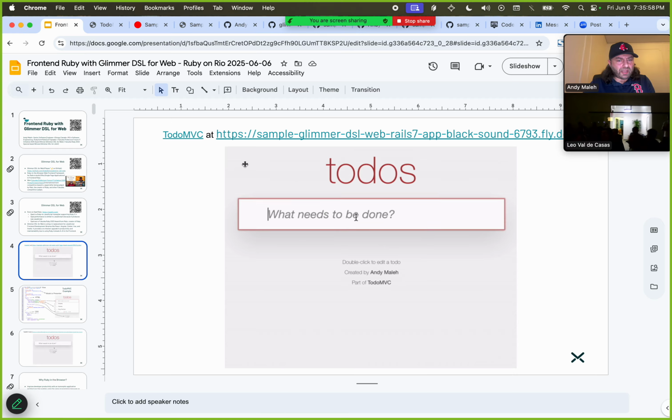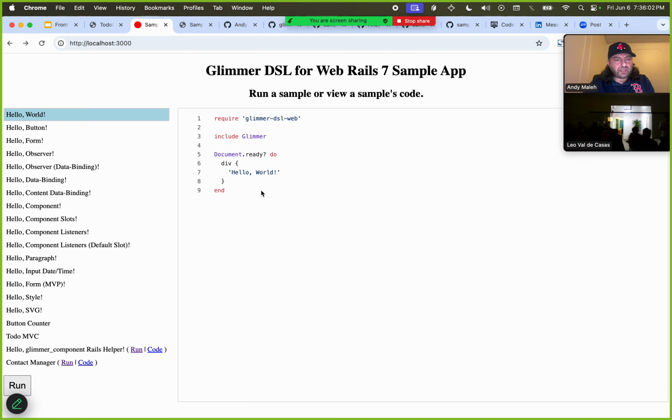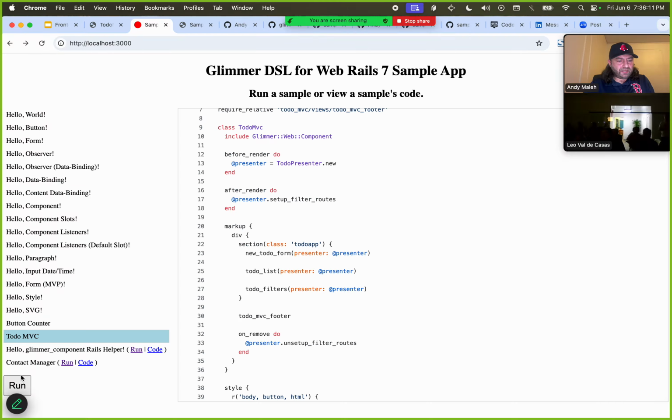So let me do a live demo of it. I actually have it on this link. If we click here, there's a web-hosted version of it. I also have it running locally. There it is. So if I go here and then I click on to do MVC and I run it,